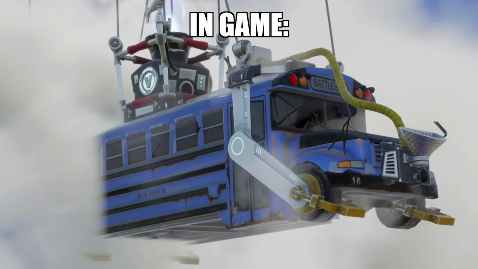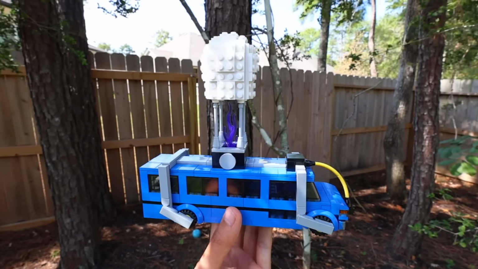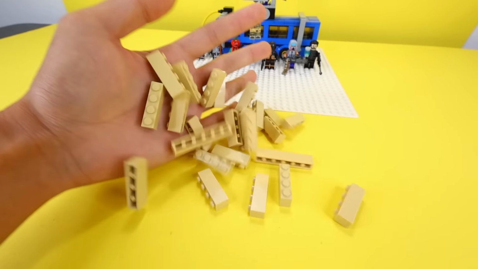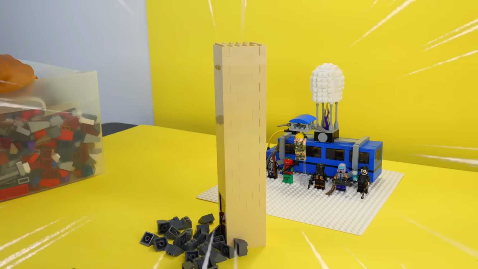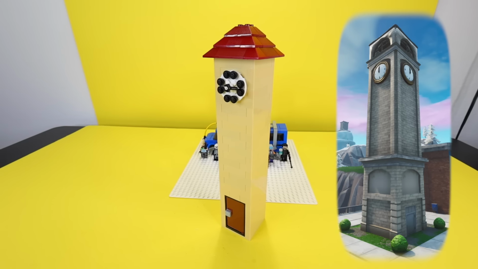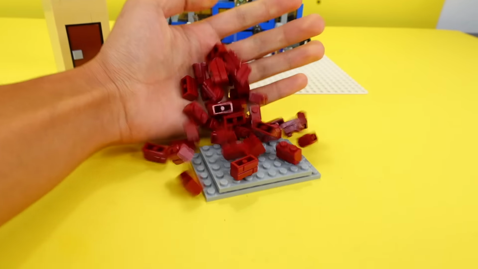It's pretty much a blue school bus with a hot air balloon on top to make it fly. Now it's time to get the squad together and drop somewhere. So next up, I want to build the most iconic location in Fortnite, which is Tilted Towers. I'll start by building a large clock tower that goes up very high, and a second building made from brick